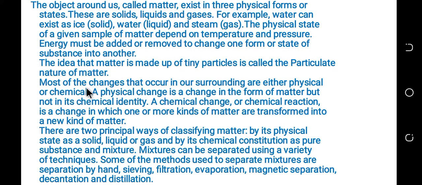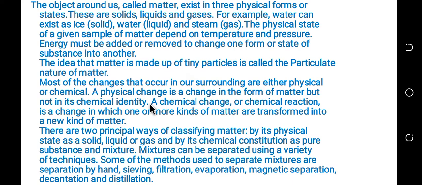Most of the changes that occur in our surroundings are either physical or chemical. አሁን በአካባቢያችን ለውጦች ይካሄዳሉ፤ እነዚያ ለውጦች ኬሚካዊ ወይም ፊዚካዊ ሊሆኑ ይችላሉ። A physical change is a change in the form of matter but not in chemical identity. ውስጣዊ ስሪቱን ወይም ኬሚካዊ ስሪቱን ሳይቀይር ሌሎች ነገሮች ላይ change ማድረግ ፊዚካል change ተብሎ ይጠራል።